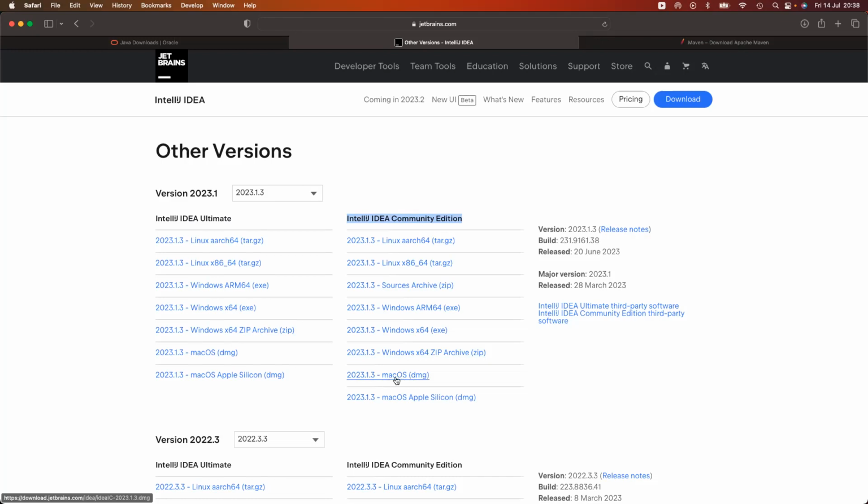DMG. So I'm going to install the DMG. Click on it; it may take some time based on the size of the file. If you're on Windows, click on it and just click